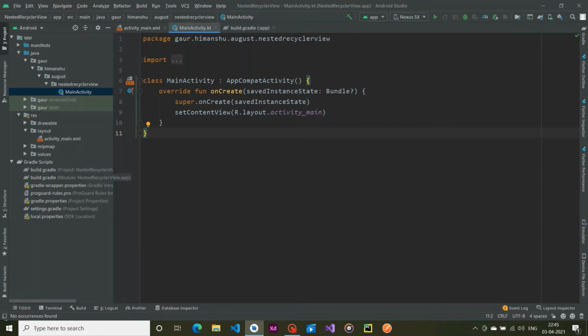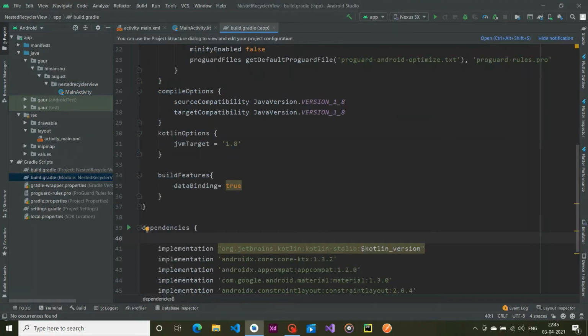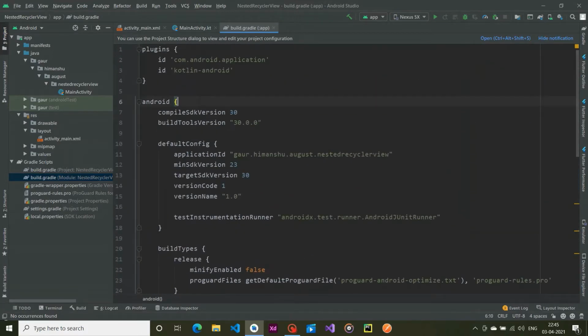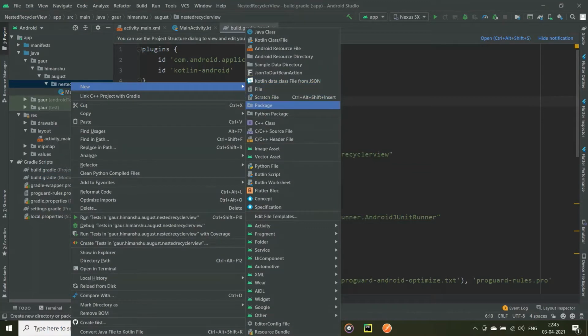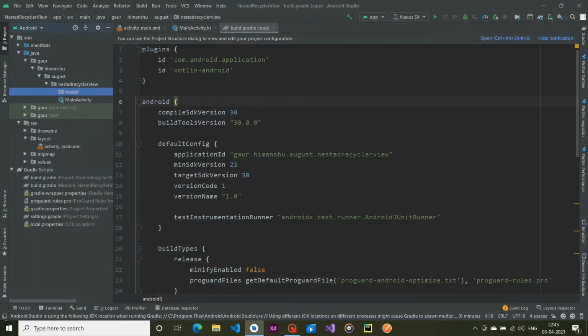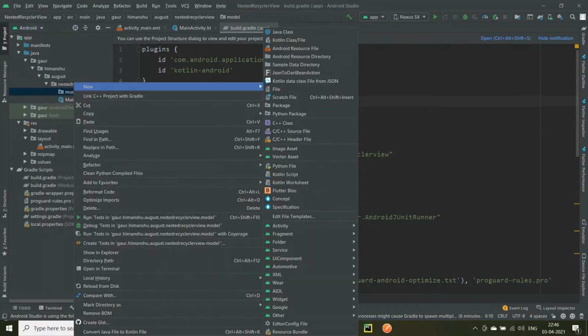So firstly, jump on your build.gradle module app level file, add buildFeatures dataBinding true, so it will enable our data binding, and make sure to add this in the Android block. All right, so after that we are going to create a package named model, and this model will actually contain